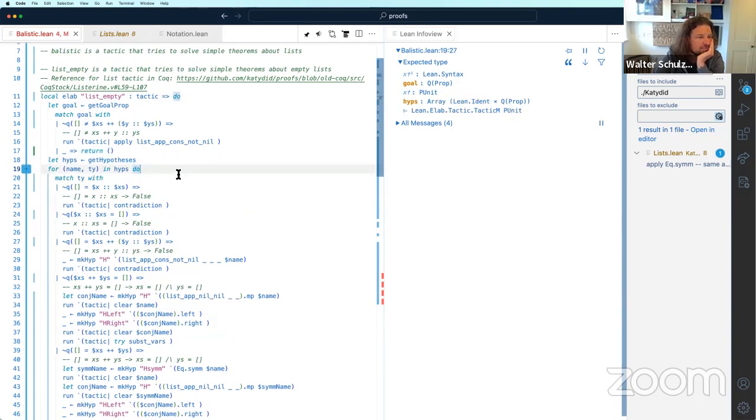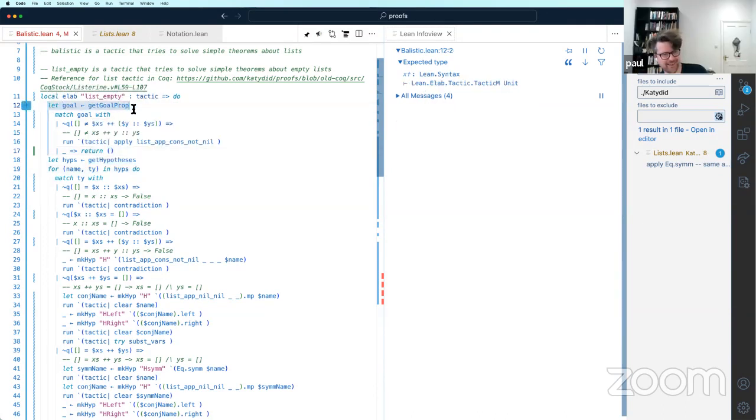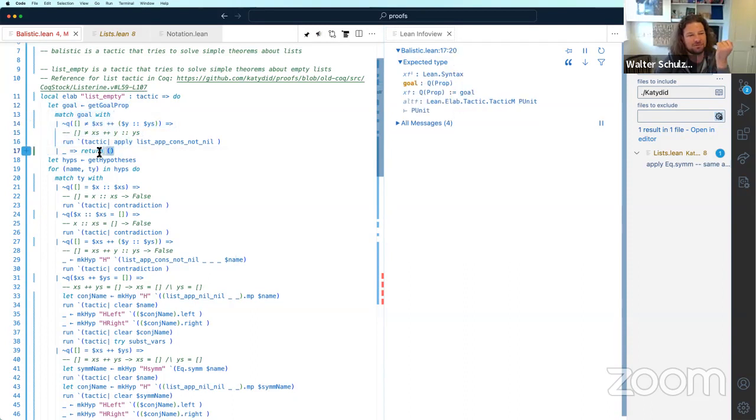Actually, just one second here, let me check if I understand imperative programming. We assign the goal, we try a match. If it doesn't work, we return.